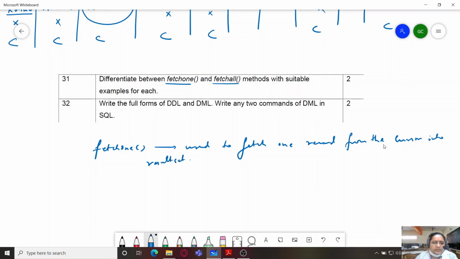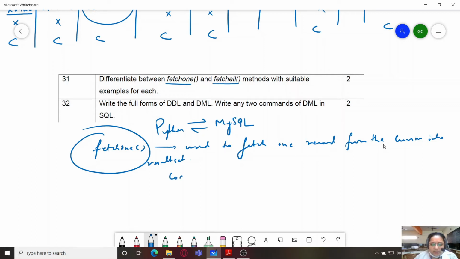We know that this is something which is used for Python and MySQL connectivity. For this purpose we first create the connection object, then we create the cursor. The cursor is used for all sorts of communication between the database and the Python program.